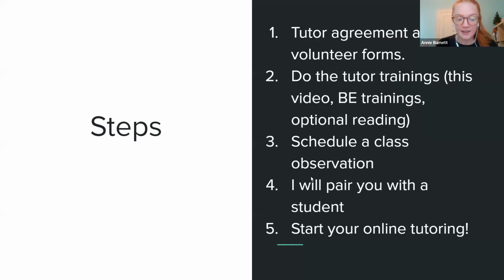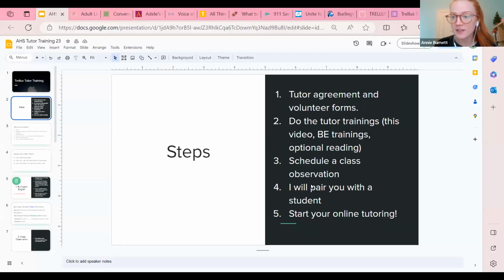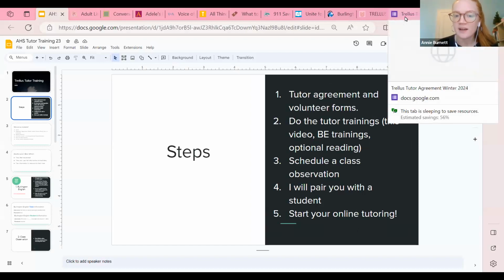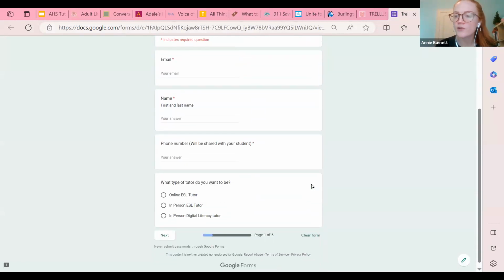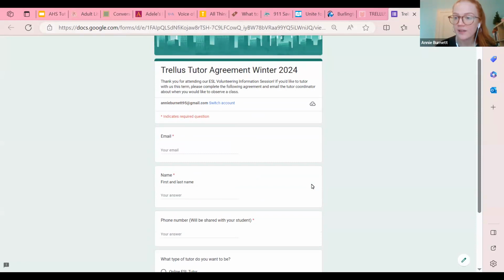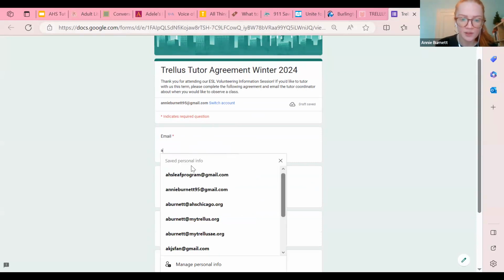So the first thing that you need to do is fill out the form that I've sent you. It's our tutor agreement, and here we'll have all your basic information, but we'll also be able to learn your availability. And when we learn about your availability, that's how we pair you with a student. So for example, you can just put your